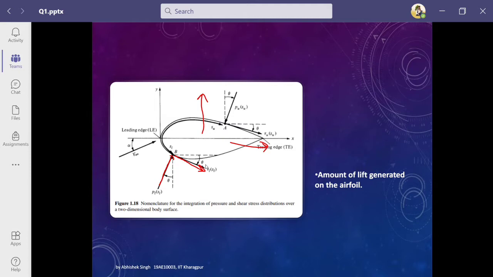So how is this achieved? This is achieved by nature's way of enforcing the Kutta condition by means of friction, the friction between the air molecules and the surface of that airfoil. So if there is no boundary layer, there would be no physical mechanism in the real world to achieve the Kutta condition, and so we can't imagine lift. So we can say that without friction we could not have lift.